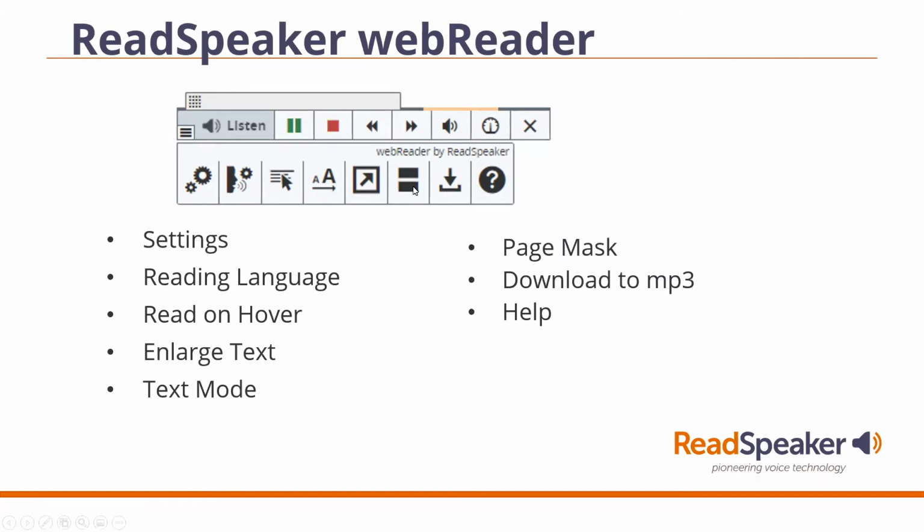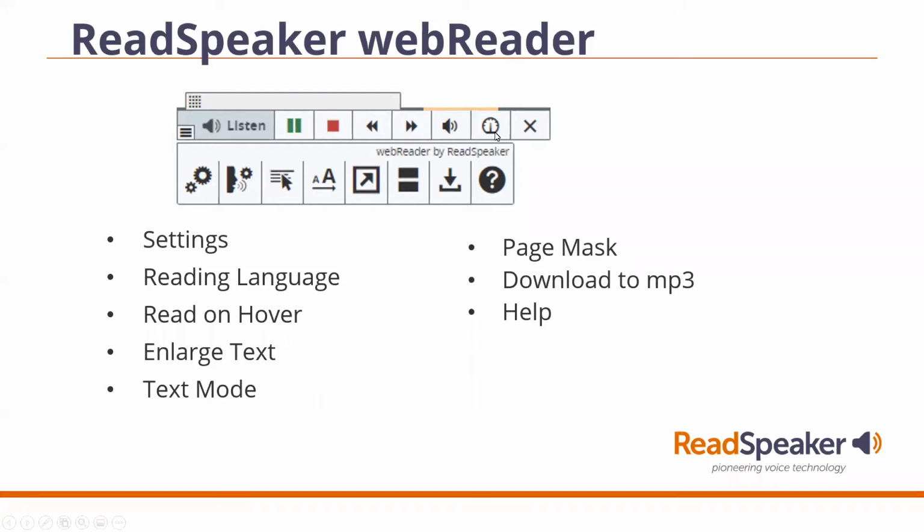Another thing we have is the page mask. And with the page mask, this is going to show my age here, but back when I was in school, we had a sheet of paper with a hole cut in it, and we pushed it up and down on our textbooks to help us stay on line. We have the electronic version of that, and we call it a page mask. And the cool thing about it is you can make the window larger, but you can also make it smaller. Whereas with the sheet of paper, you weren't able to make it smaller after you had enlarged it.